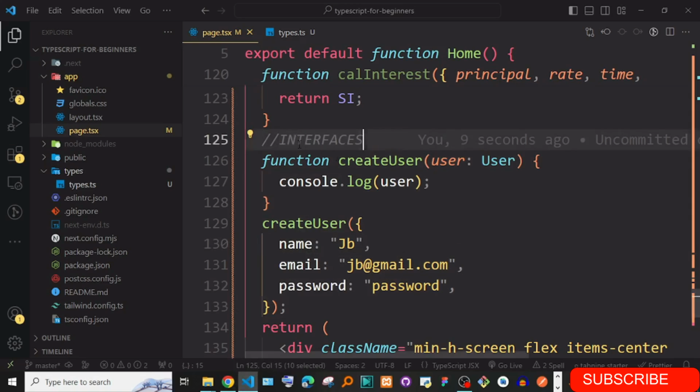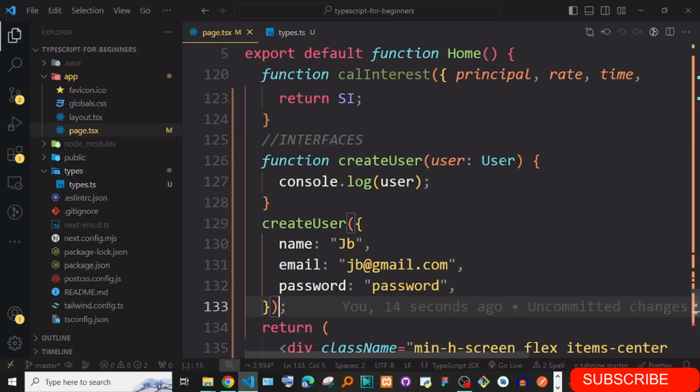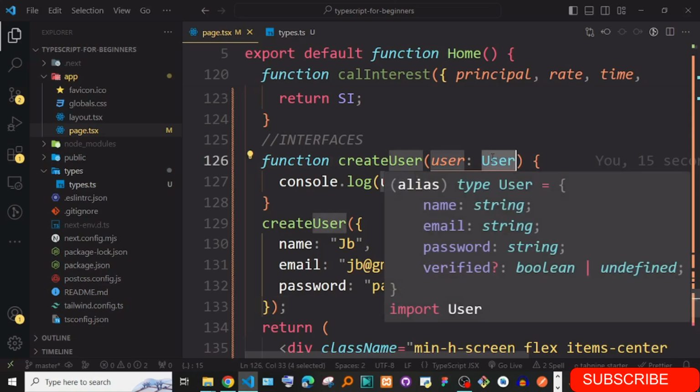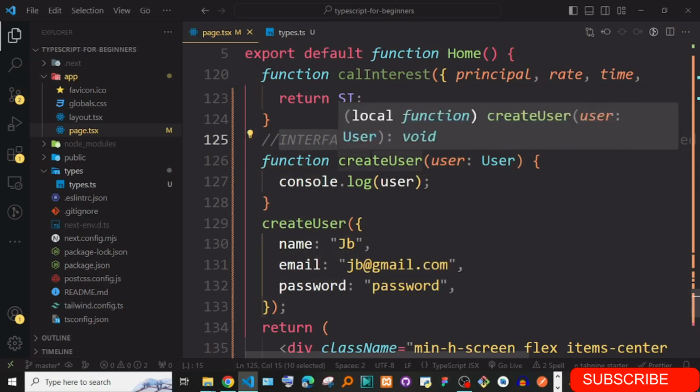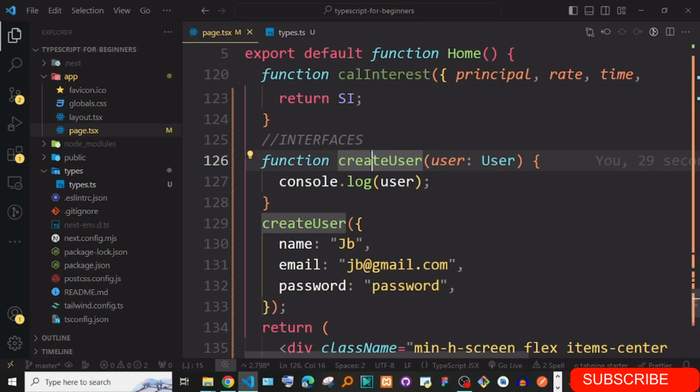Okay, we're talking about interfaces. Sorry, I've just created this as a type. So how do I create this to be an interface? Exactly the same way you use a type is the same way you use an interface. They only differ in that types can work on all things, for instance booleans, strings, numbers, while interfaces are only for objects, and they are extensively used for objects.